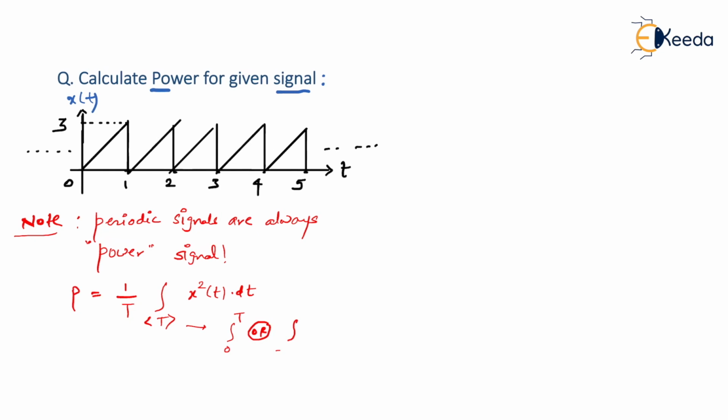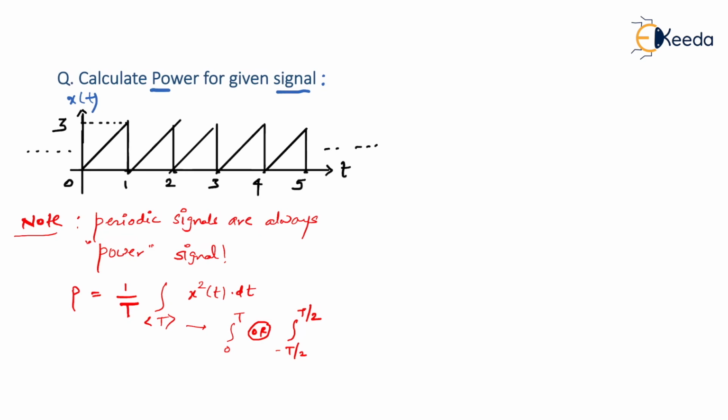it might happen that you may be integrating from minus T by 2 to T by 2. I mean, this is also integrating over a time period that is T. Therefore, I just kept it general. You integrate it somehow, but you just integrate it over a period. And this is how you have to take the integration. And also you have to divide by the same time period T. And here you don't have to substitute T tending to infinity. So I'm just making it free from limits. And now you can use this formula.